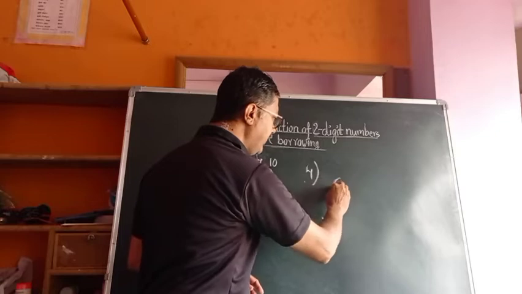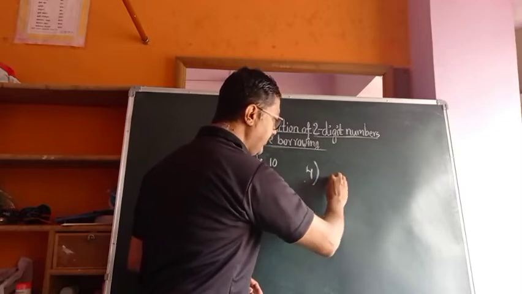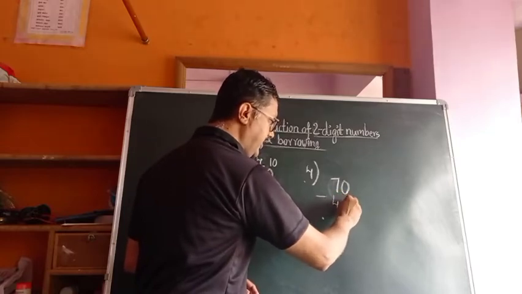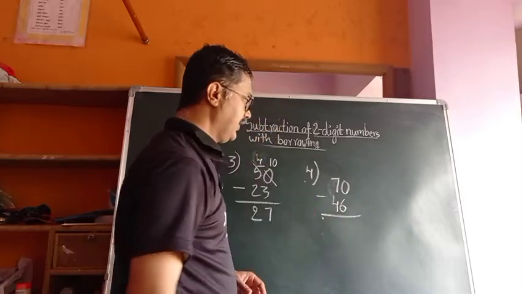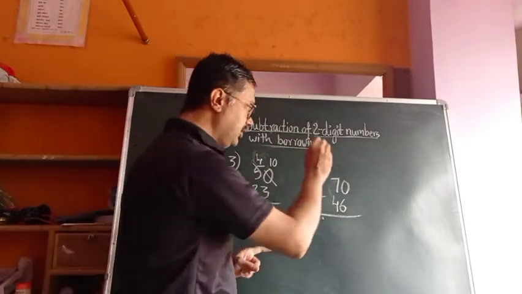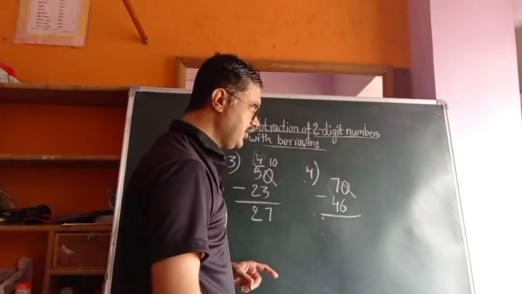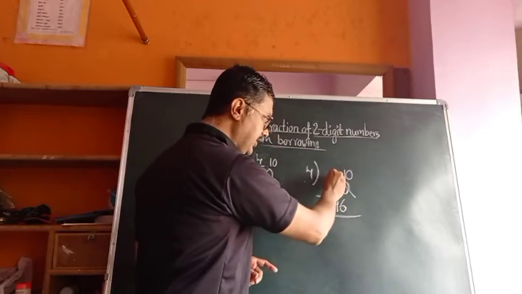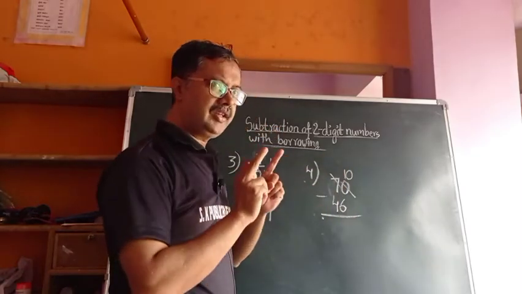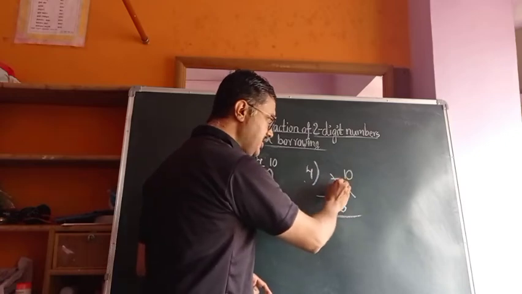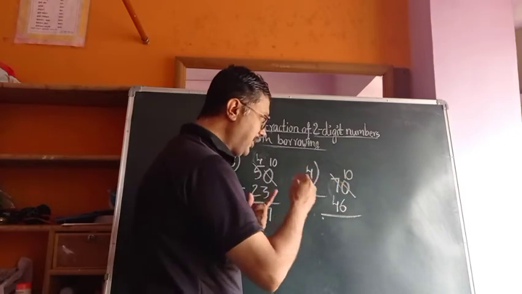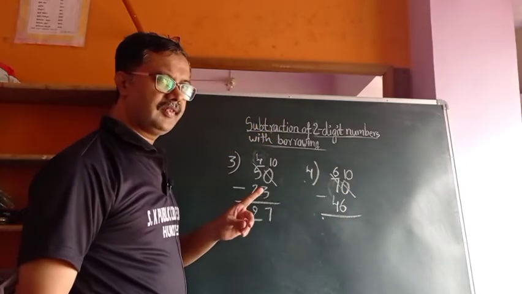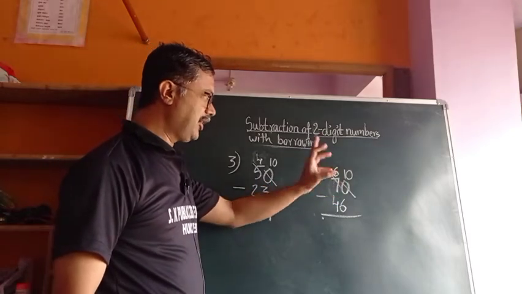Now, wait, 70 minus 46. The same thing. Once again I'll repeat, strike out this. Instead of a 0, we have to write 10. Strike out the next number also. Immediately next number also you have to strike out. 7 is there, backside number 7, backside number 6. Yes, 7 backside number 6.